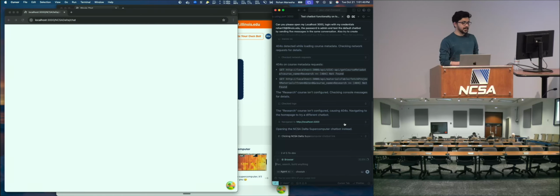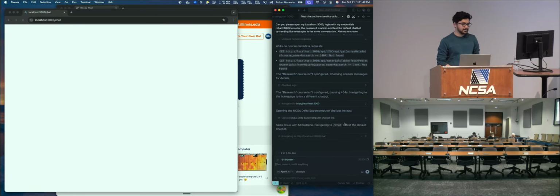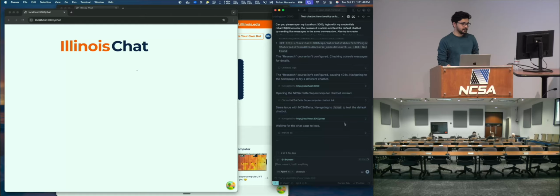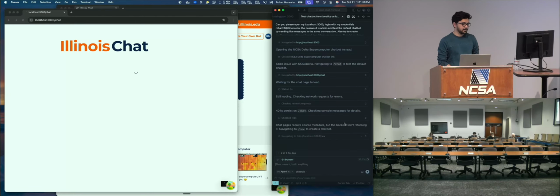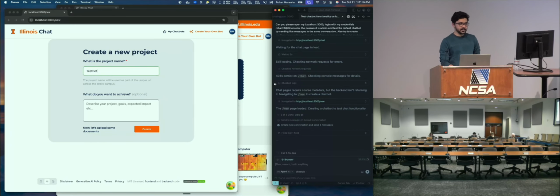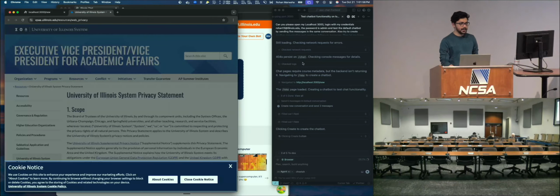And now it's checking the second one. That doesn't exist either. So you see, it figured out 404s are persisting in the network calls,